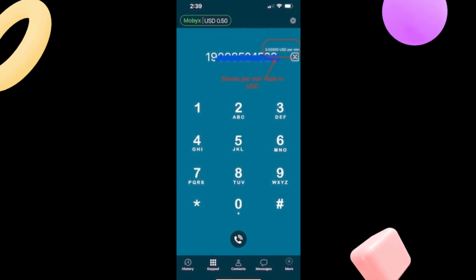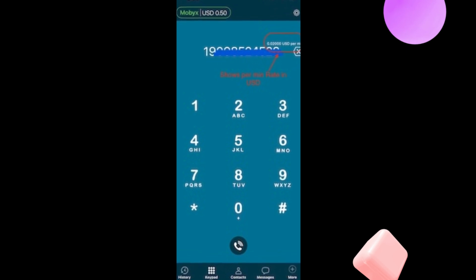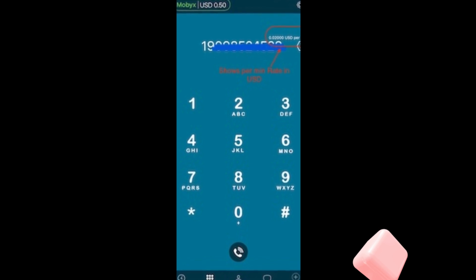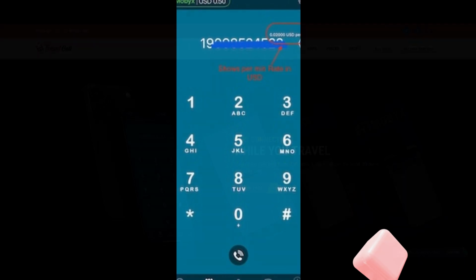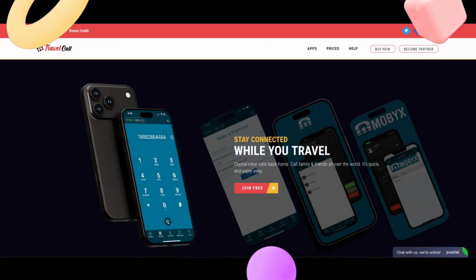For example, US, dial 1-888-286-4484. For Hong Kong, dial 852-580-86900. If you need help, you can chat with us directly on the website, or call us anytime from the